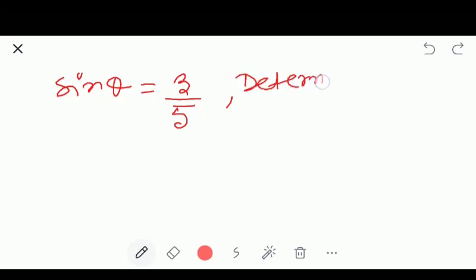Now if you are given that sine theta is equal to 3 by 5, and you have to determine all of the trigonometric ratios. Determine all of the t ratios. That means trigonometric ratios. What you'll do, just pause the video and think at first. Okay,